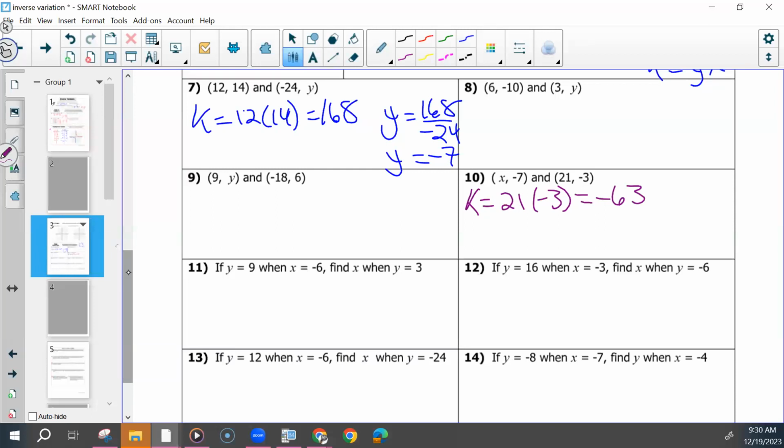How would that look when we set up the equation? And our y equals k over x. y is -7, so it's going to start off -7 equals -63 over